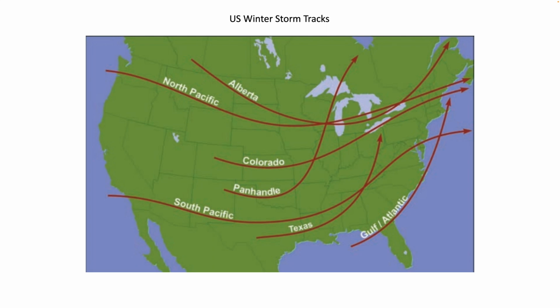Now, I'm not going to go back and do this, but if you go back to our very first slide in the presentation that shows you our classic mid-latitude cyclone and where the precipitation types are located, you can see that in order to get the heavy snow, you kind of have to be in the northwest quadrant of the low. And really, you need to be within maybe 200 miles of the low center or a little bit more. And that's it. So if you take a look at all of these storm tracks, you can see that really only one storm track really puts Northwest Ohio in the running to get heavy snow, and everything else kind of misses us. So Texas, this particular storm track is the storm track that we look for here in Northwest Ohio